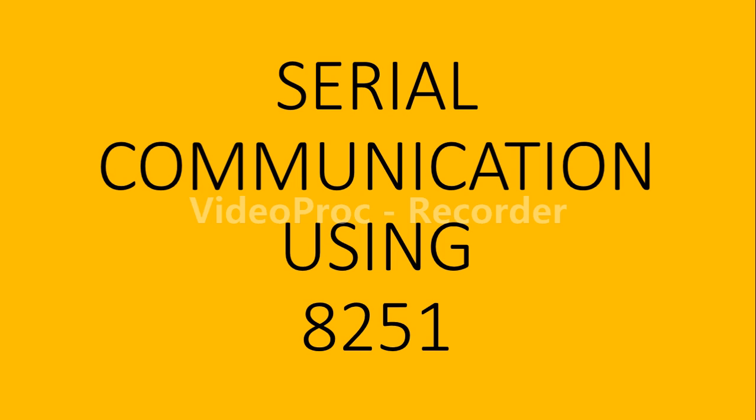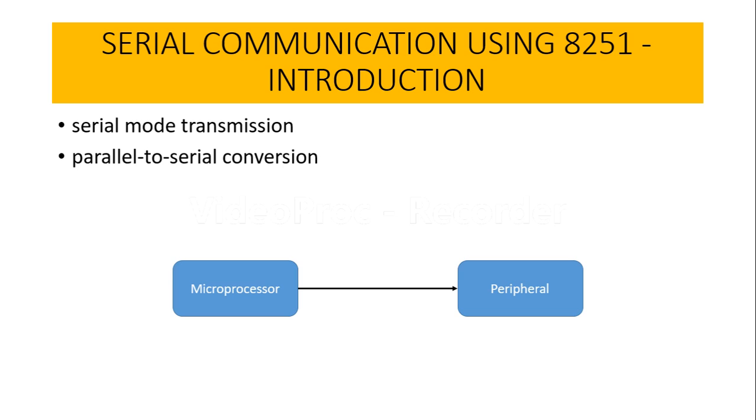When we talk about serial communication, we encounter terms like parallel to serial conversion and serial to parallel conversion. So let us see what these are. The first one is parallel to serial conversion. Whenever there is a transfer of data from the microprocessor to the peripheral devices, as I am showing here